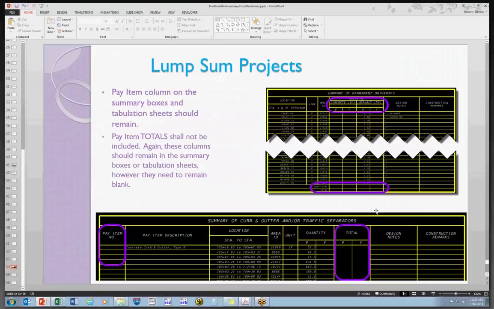All right. Here are some examples. In these examples, the pay item numbers have been removed. If they were here, that's acceptable, as long as they've got the note. What we don't want to see is any of the total rows or columns. We want the quantities, but we don't want the totals input in here. Those do need to be left blank. The verbiage in here, subtotal, total, and the column heading, can stay there. And we want it to stay there